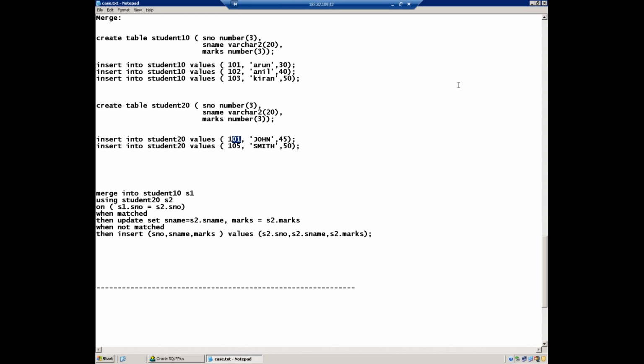It means table 1 will be dissolving in table 2. You are merging it to the table. Whatever is duplicate, 101, this should be there. Arun 30 will die. John 45 will be there. If match is none, then it should be set as per table 2. If not matched, then it should be inserted.